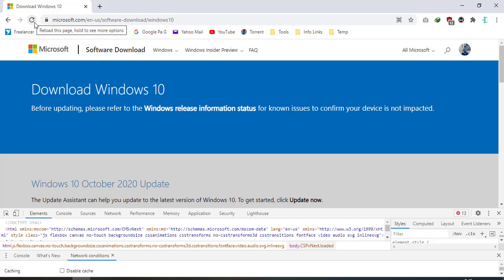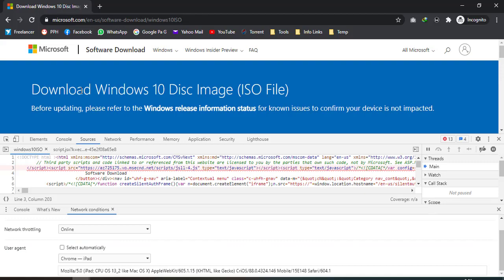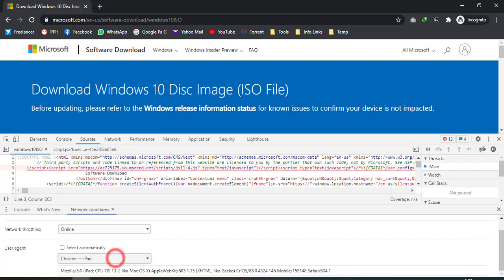Sometimes it does not work, so just change the user agent option to any other operating system. In my case, I have selected iPad, and the same URL is displaying another page to directly download the ISO file for Windows 10, which is also the latest version of Windows.